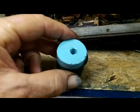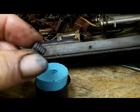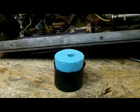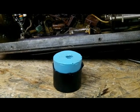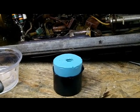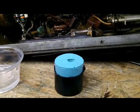Well, my mold is all set up now, and this is the little rubber mold I created. This is the slug that I used to create that mold. So now I'm going to pour, I've mixed up some clear epoxy, and I'm going to pour me a test pour. I want to pour just pure plastic in there, let it set, and take it out and see how well it'll screw in and out of those coils. This is just a test. This will be all plastic, and then